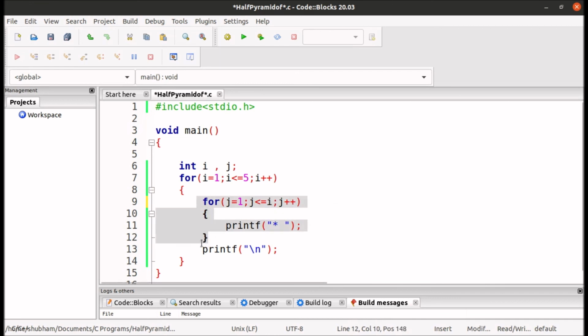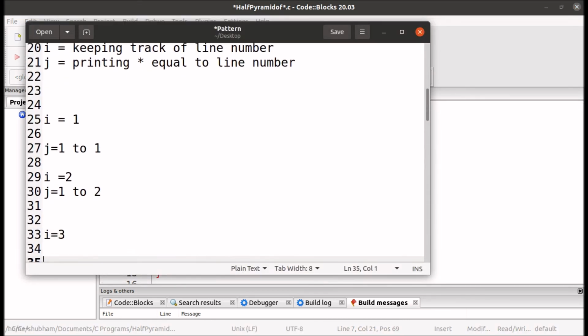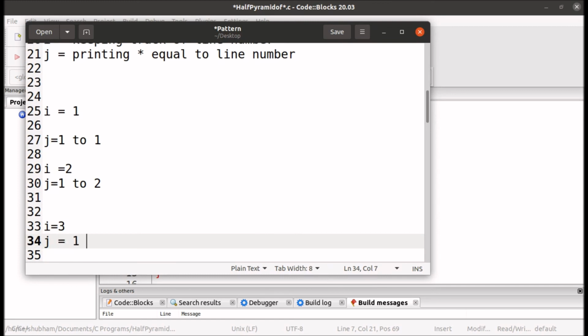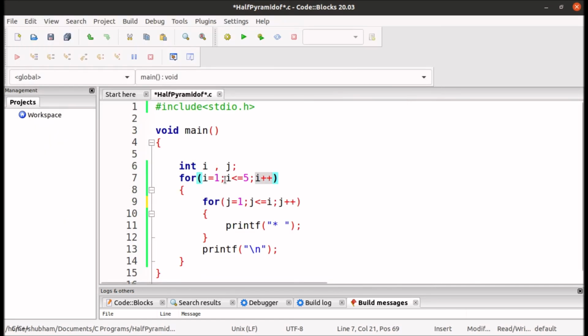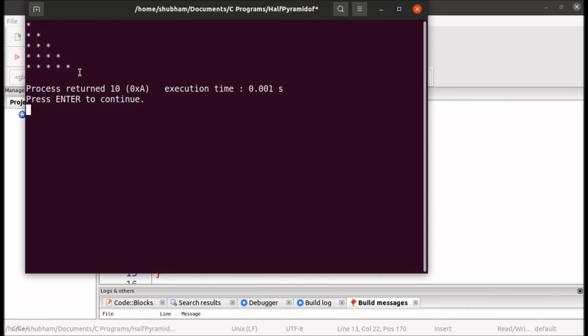So it will break out of this for loop and put the cursor on the next line, and then increase the value of i by 1, so i will become 3, and the code j equals 1 to 3 will be executed, because now i is 3 and we will execute j equals 1 to j less than equals 3. Likewise our code will run up till i becomes 5, then j equals 1 to j less than equals 5, and it will print 5 stars in line number 5, and then it will put the cursor on the next line and break out of this loop. So let's run it, and you can see our pattern is printed.